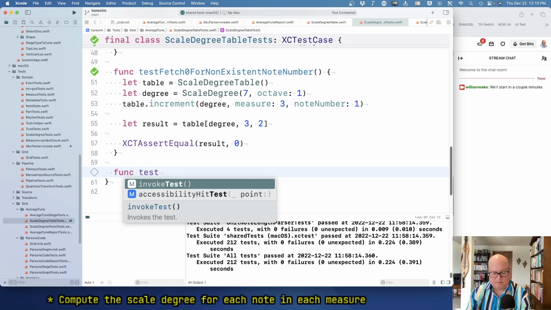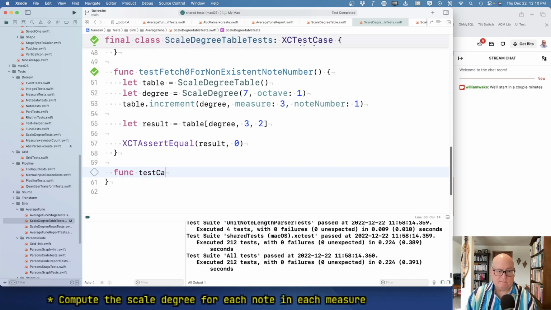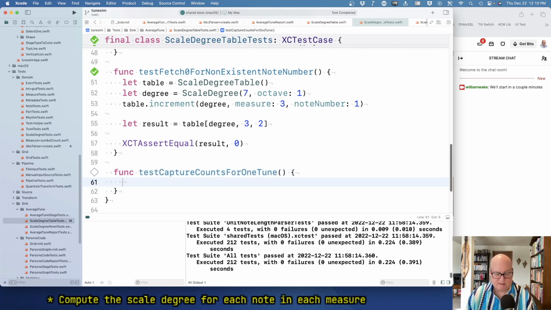We may have to adjust that thing. I don't know. Let's start with one tune. So we're going to capture statistics. I don't know what we want to call it. Counts for one tune. Okay, and we'll say let tune